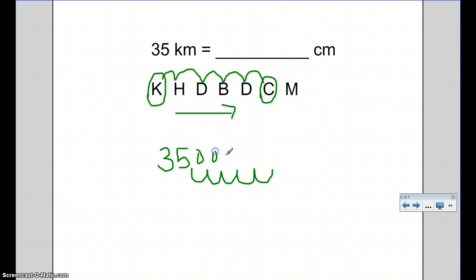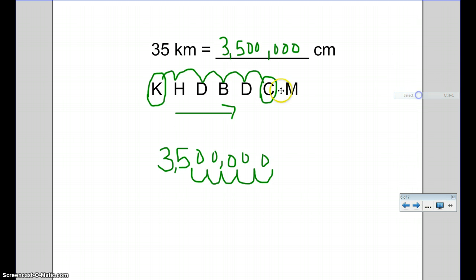And I'm going to add zeros in each of those place values: ones, tens, hundreds, thousands, 10,000s, 100,000s, millions. 3,500,000. Okay,